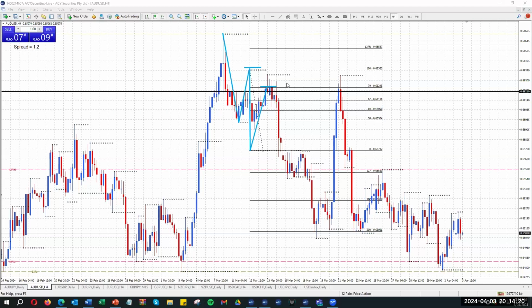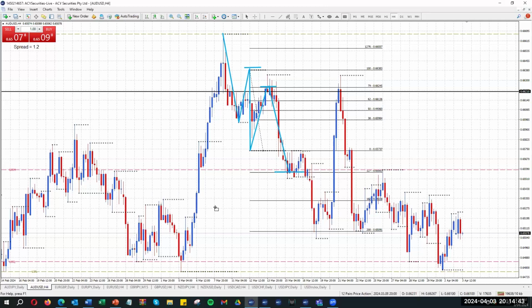All right. So there was the entry, 66.24. Now you could have just been looking to take profits down at the 127 extension. That would have given you a nice profit. Or you could have been maybe holding. See how we